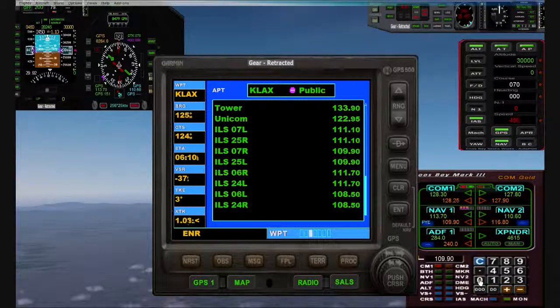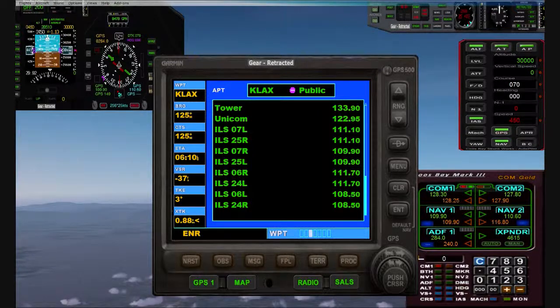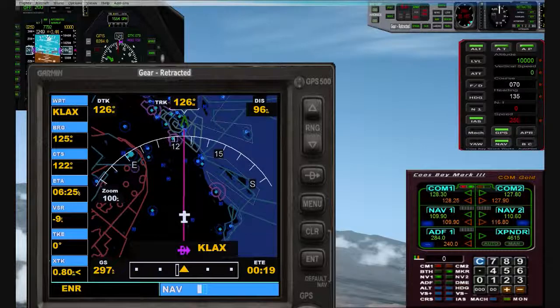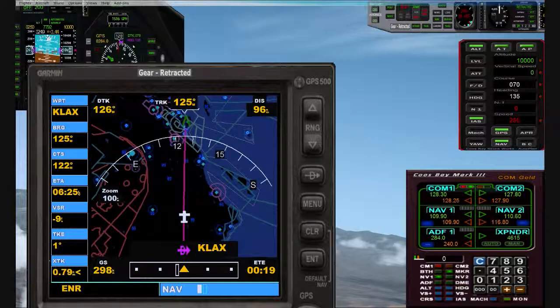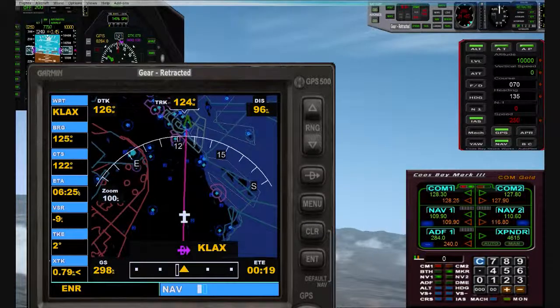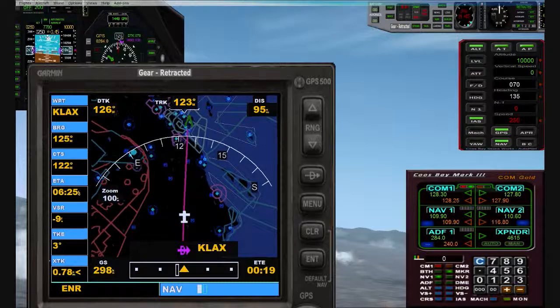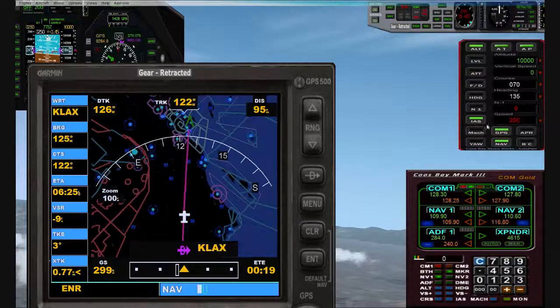109.90 and activate using the green arrow. What you're telling the plane is to look for the identifier for runway 7, which is 109.90. We're about 96 nautical miles from the airport, and when you're about 100 or so nautical miles from the airport,